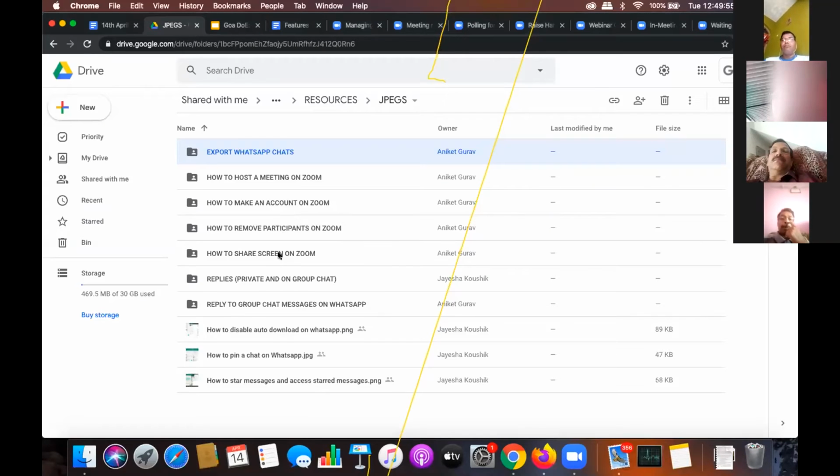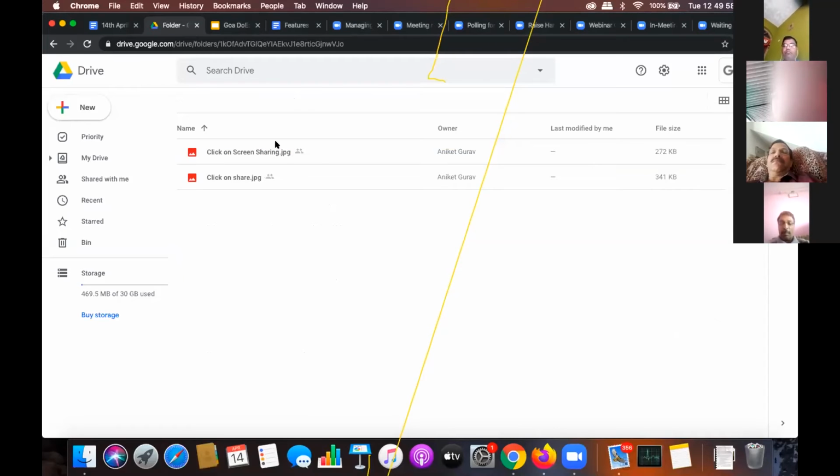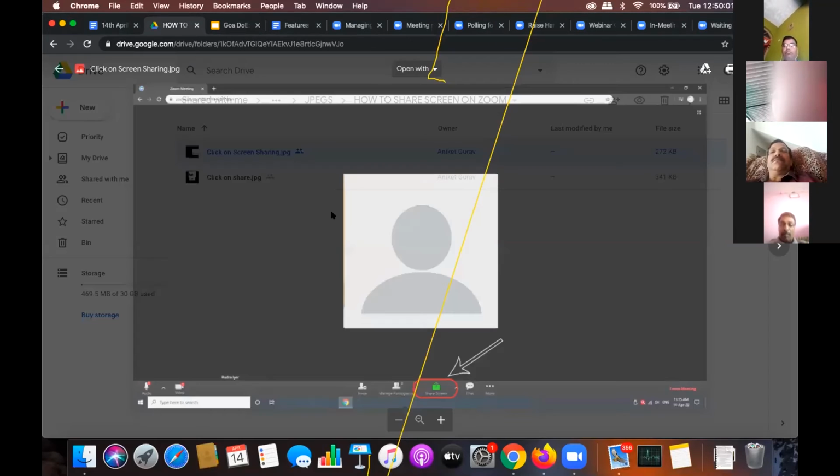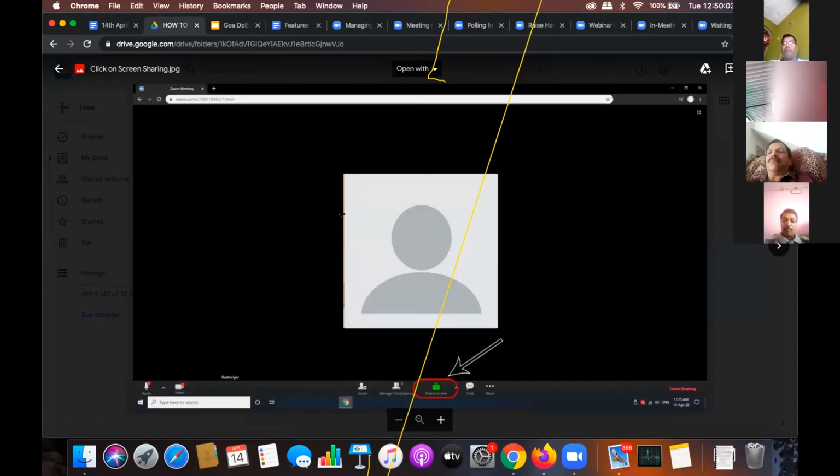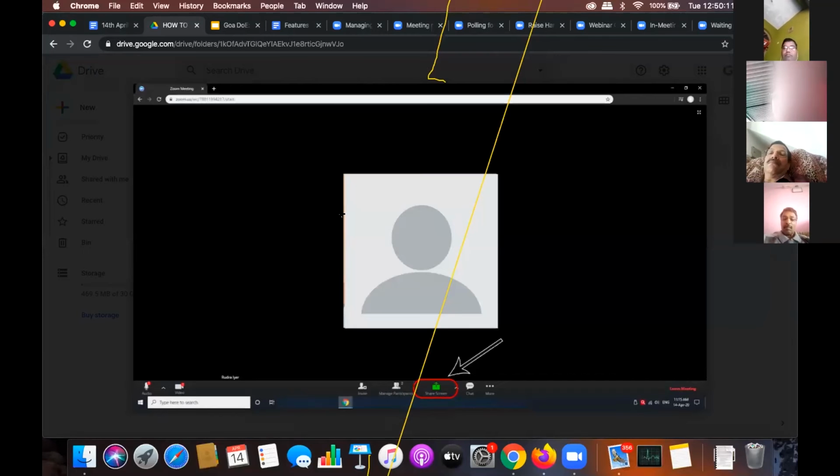Okay, so now important, more often why we use Zoom is that we have created something, we have made something, and we want to show it to people, right? Let it be a presentation, let it be our lesson plan, let it be our annual plan, whatever we want to show, right? Because that is how we would like to work and take feedback, right? So this is my laptop screen.